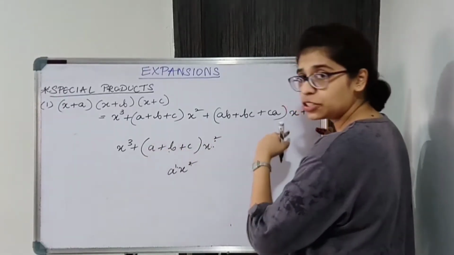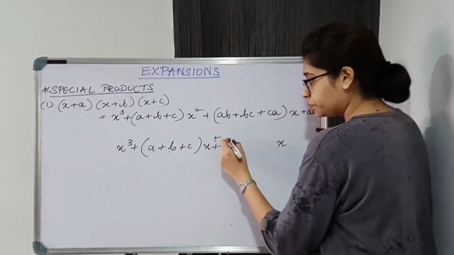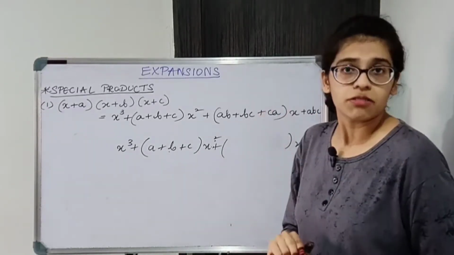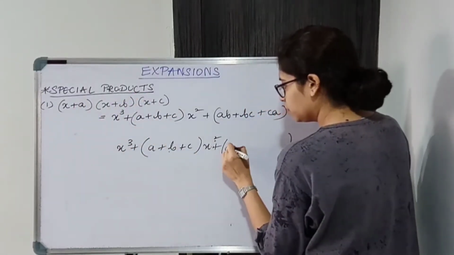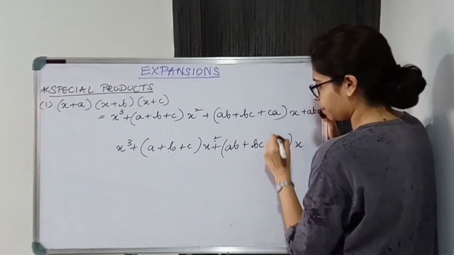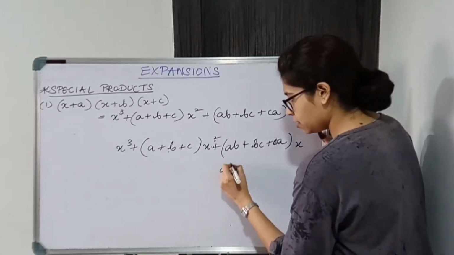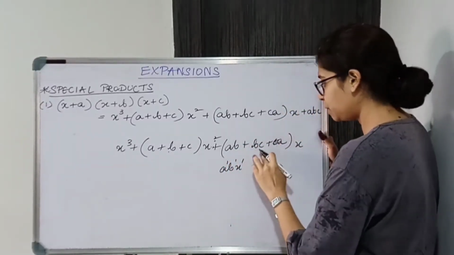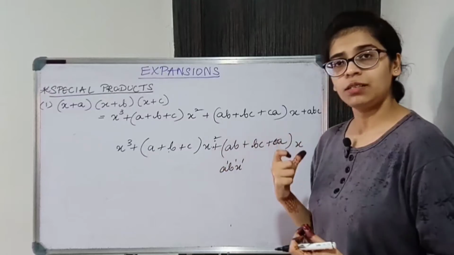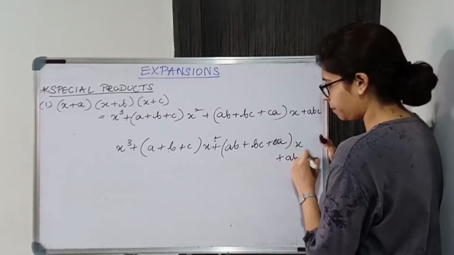So the power should be 3 throughout. Over here it is becoming X, so we'll consider two letters: A into B, AB, B into C, BC, and C into A, CA. Now if you check ABX, 1 1 1, 3, same thing BCX 3, CAX 3, so the power is 3. And coming to the last part, plus ABC.